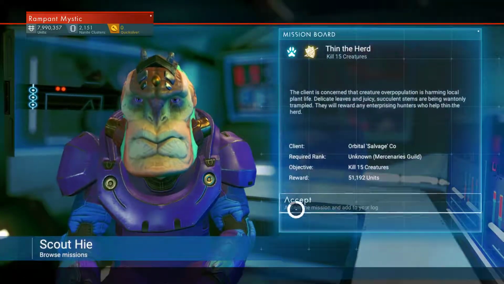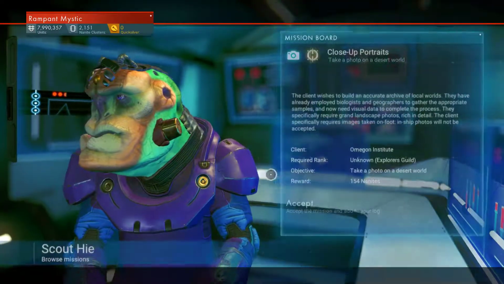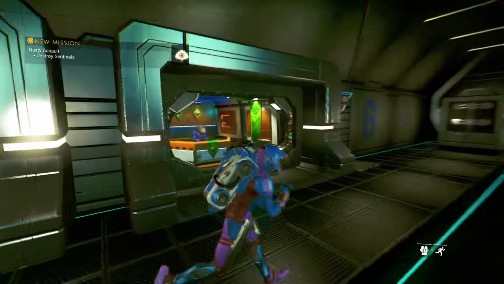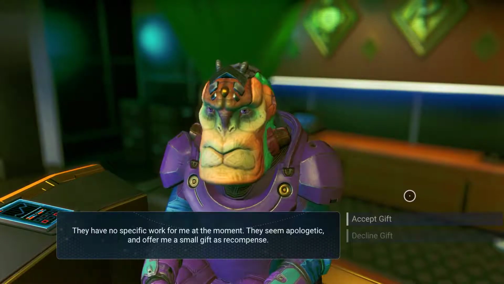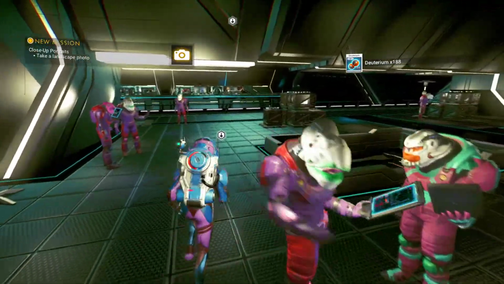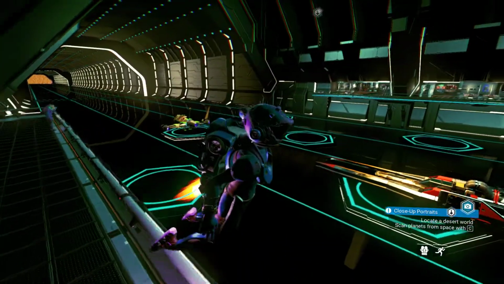15 creatures, sure. Eventually these things will happen on a desert world. I believe that's the third one to take on a desert world. That's it. Now let's actually see. Am I high enough rank? I am. Good. They're gonna give me gifts now. Deuterium. Okay, exactly what I wanted. I just needed 200 of it. You gave me just slightly short, which is...